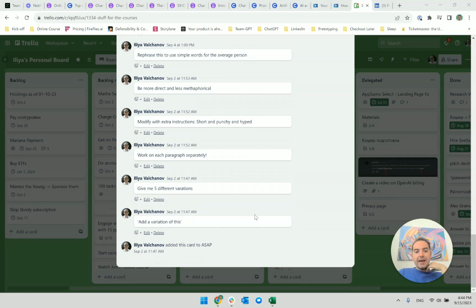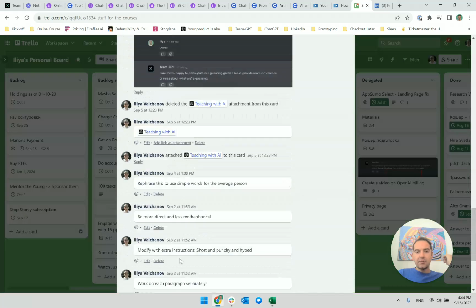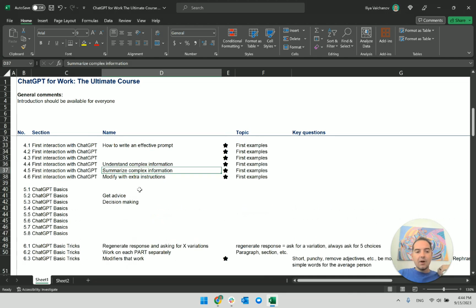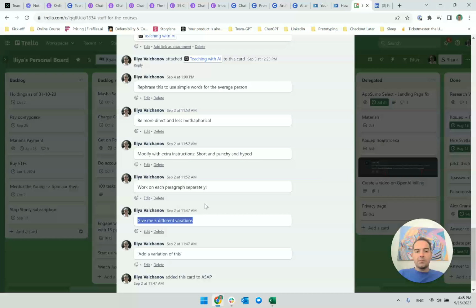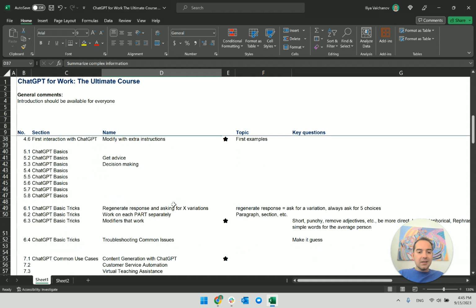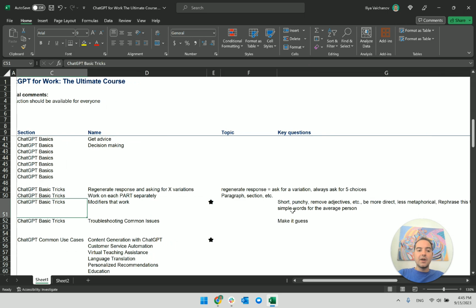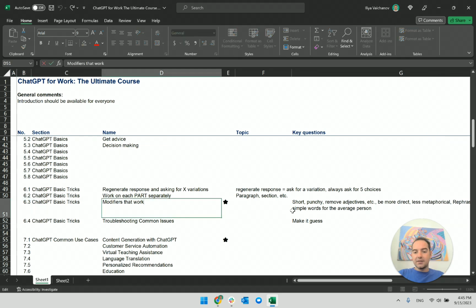Something I want to add. I just remembered that I have been preparing for this for quite some time. So I have a bunch of stuff that I want to talk about, and I just found my card. I've been writing for 2 weeks. I've been writing down some things that I have found useful for me, and I'm now putting them in the curriculum. Right. For instance, be more direct and less metaphorical. This is a modifier that I know that it works, and it's a very important lecture I have created. It's called modifiers / follow-ups.